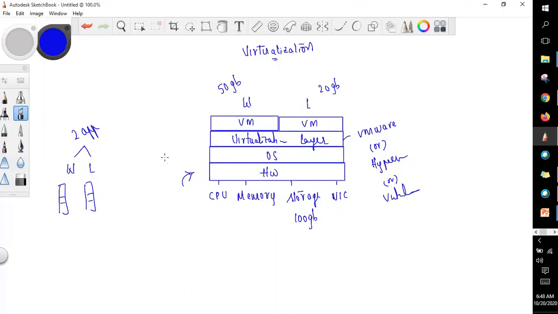Now, why are we talking about virtualization in cloud computing? Because if we are using cloud computing, that means the cloud service provider, here AWS, is using virtualization technology. If the servers are in the cloud, you don't have physical access to them, right?